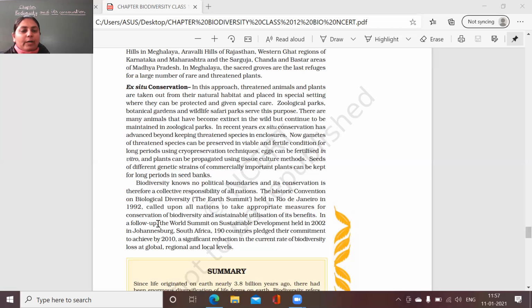And after this, a follow-up World Summit on Sustainable Development in 2002 was held in Johannesburg, South Africa. 190 countries pledged their commitment to achieve by 2010 a significant reduction in the current rate of biodiversity loss at global, regional and at local levels. ठीक है, उन्होंने कहा कि हम सिर्फ ग्लोबल लेवल पे ही स्पीशीज को प्रोटेक्ट नहीं करेंगे, अपने रीजनल लेवल से हमें ये ड्यूटी स्टार्ट करनी होगी और लोकल लेवल से ड्यूटी को शुरू किया जाएगा। तो इस तरह से हम बायोडाइवर्सिटी के एक्सटेंशन को बहुत बड़े लेवल पे रोक सकते हैं।